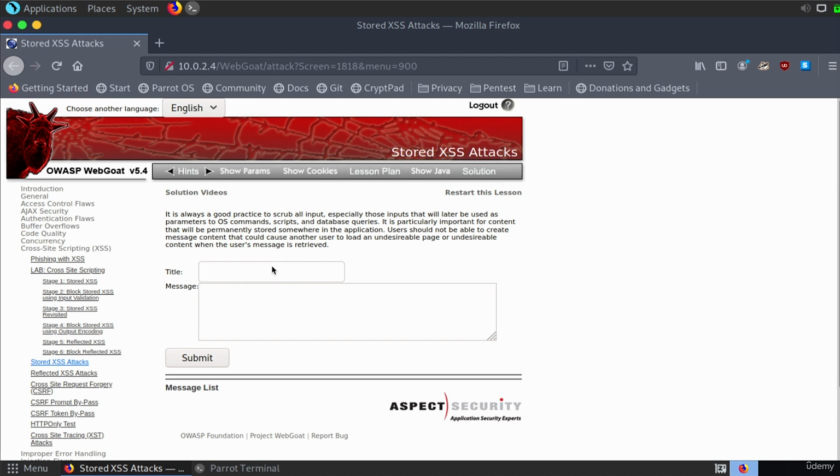So let's go in here and let's create a title and let's call it very important. Hopefully that will lure some users into clicking on this. Next, in the message box, let's actually write some scripting. And I'm going to use JavaScript here. So I will say script language equals JavaScript type equals text/JavaScript. I'll close that out, and then I will say I want to create a pop-up alert, again, just so